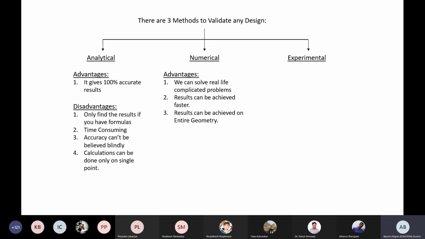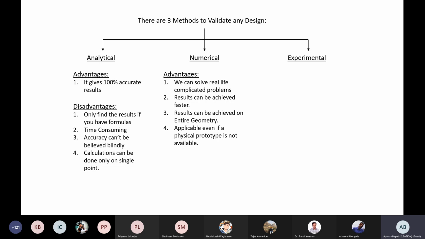If you can't do that, still, say for example, in a room there are 4 students solving a problem. They have 4 laptops. So at the same time, 4 people can solve 4 analysis types, and you will get results at the same time. So still the process is faster. Results can be achieved on the entire geometry because all the CAE software works on an interpolation function. So it shows the result on the entire geometry.